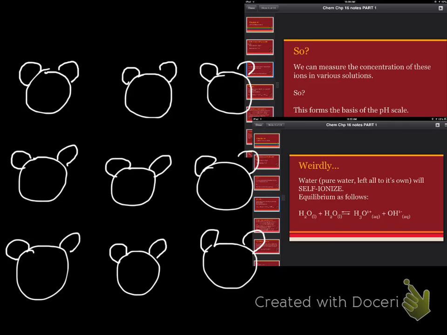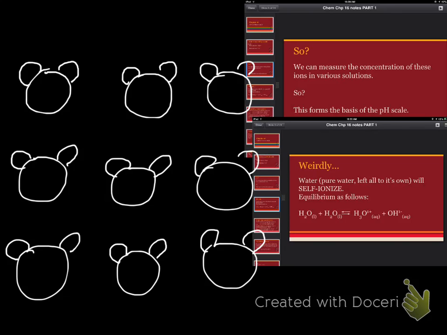So that seemingly random number between 0 and 14 that we usually reference actually represents concentrations of hydroxide and hydronium ions. Okay, so if we remember our old friend water, little Mickey Mouse, we've got oxygen with 2 hydrogens, and we know lots of things about water. Here's the weird thing, hence why the slide says weirdly. If we have 1 liter of pure, absolutely pure, distilled, deionized water, there is nothing in it but dihydrogen monoxide, and we leave it all to its own devices,